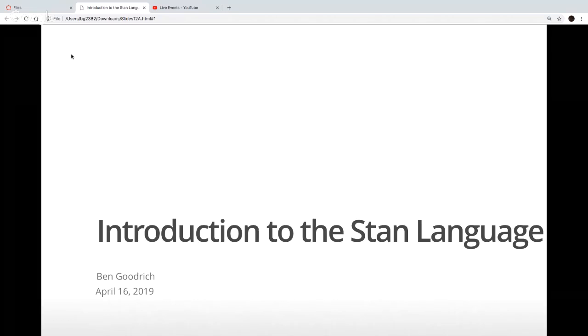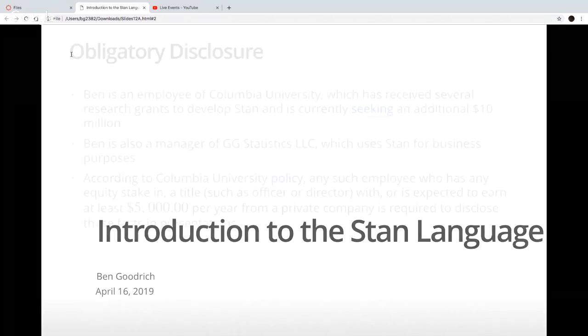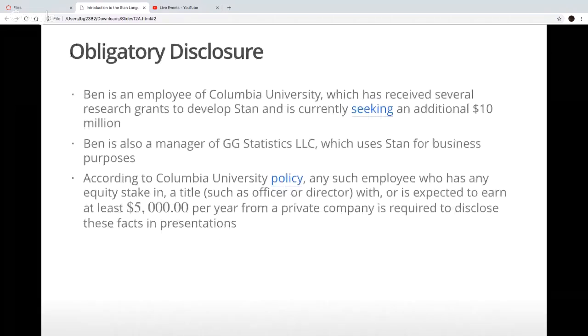Okay, so today we're going to be starting, even though it might not seem like an actual start, talking about the Stan language, in which case we should remind ourselves that being at Columbia, being very engaged in trying to get grants about Stan, teaching these sorts of things while also using Stan outside of Columbia creates the appearance of a conflict of interest that you should be aware of.